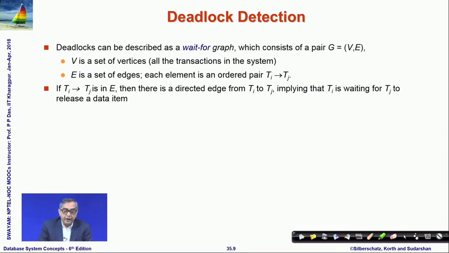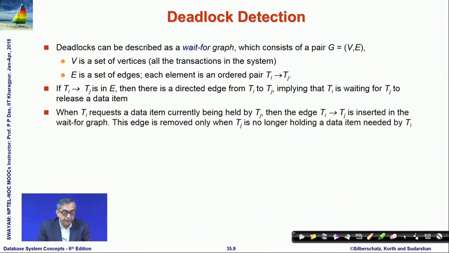So, if we have a conflict, then certainly one transaction is holding the lock and the other has requested that lock. So, what you do is put an edge from the one that is waiting for the lock to the one that is already holding the lock, and in this way the graph gets built up. So, naturally when T i requests a data item currently being held by T j, then the edge T i to T j is